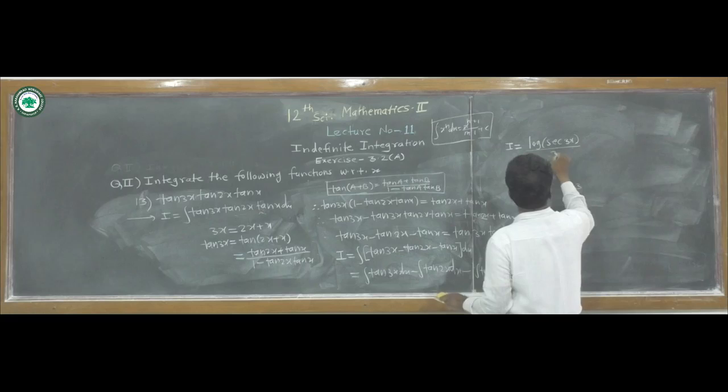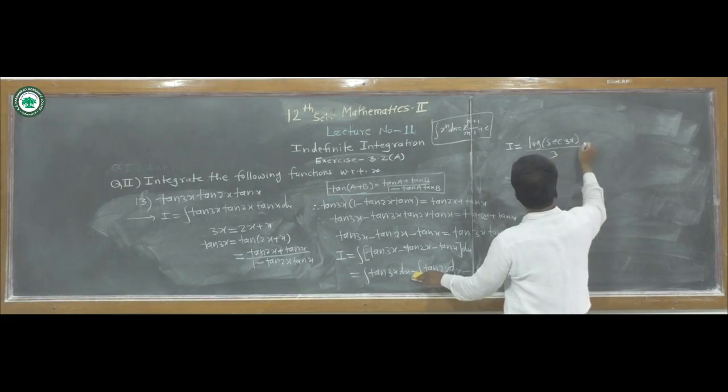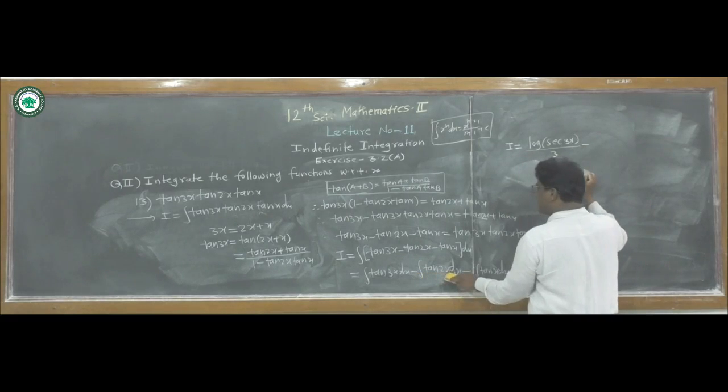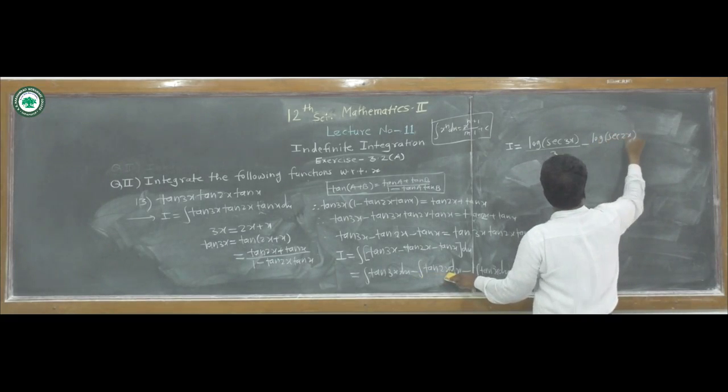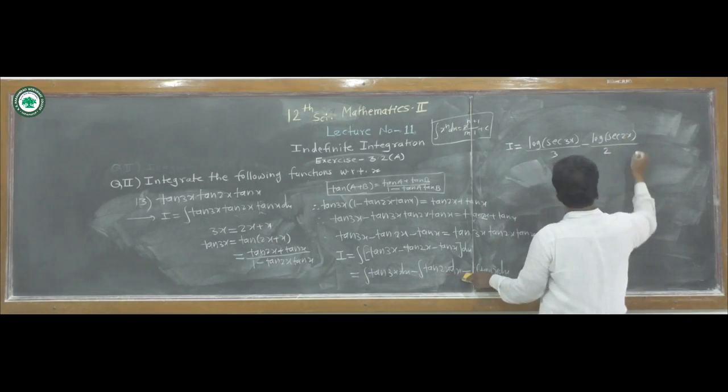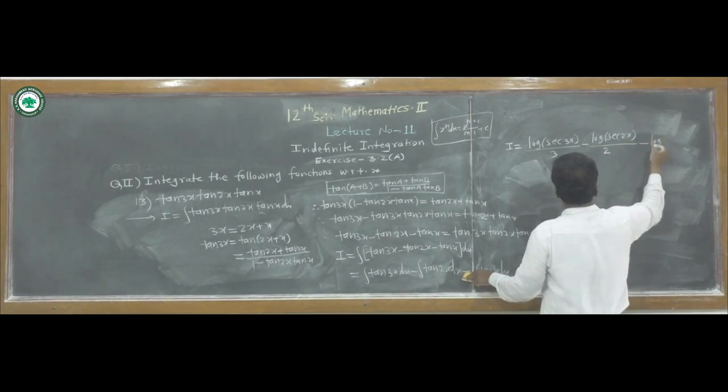Now minus, integration of tan of 2x is log of sec of 2x divided by the derivative of this 2x, which is 2, minus log of sec x